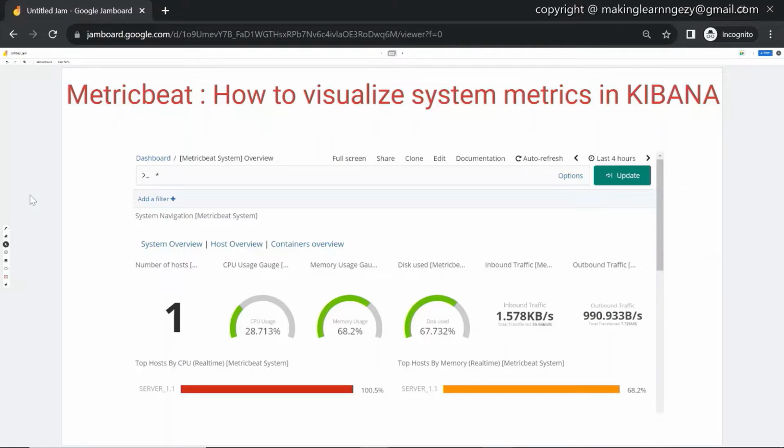In this session, we are going to see how to collect the system metrics using MetricBeat and how to visualize those system metrics in the Kibana. Let's start our session. In my previous video, I explained how to collect the system metrics and send those system metrics to the console of the MetricBeat. And in this session, we are going to go one step further and see how to visualize those system metrics